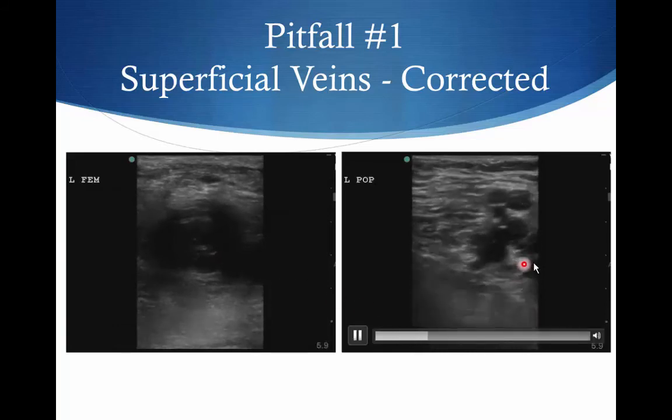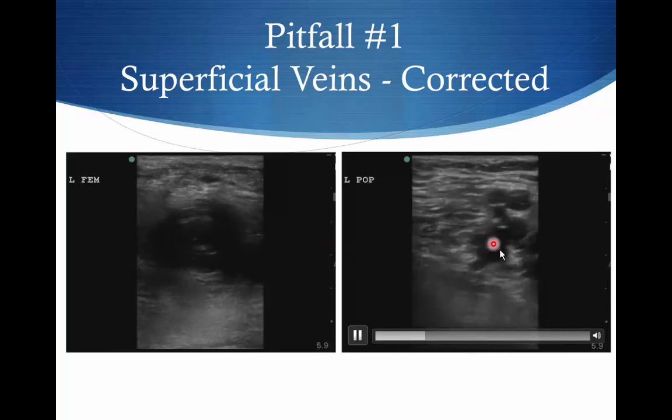And this is another patient here. See, these are the veins. This is the corrected view. This person had been kind of focused on these. They weren't sure, but just increasing the depth, and we can see here are the proper artery here, vein here, and this vein also doesn't compress. So this patient has DVT in their femoral,